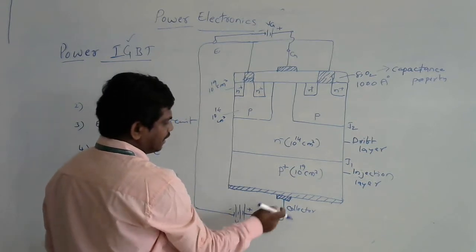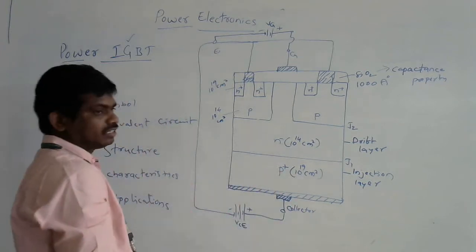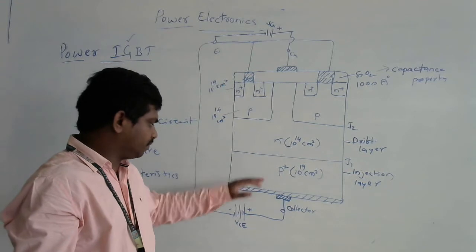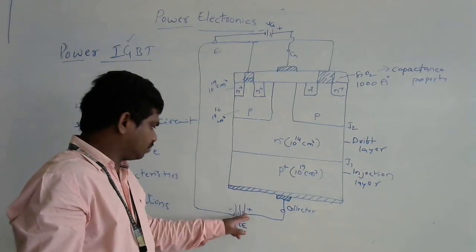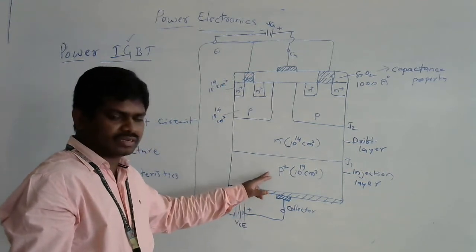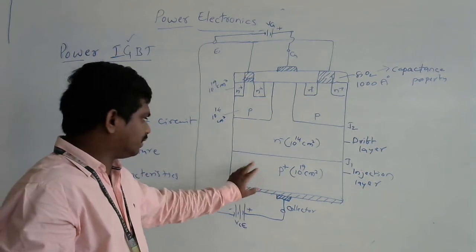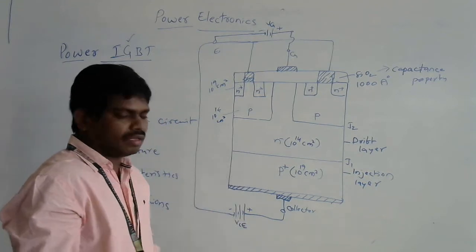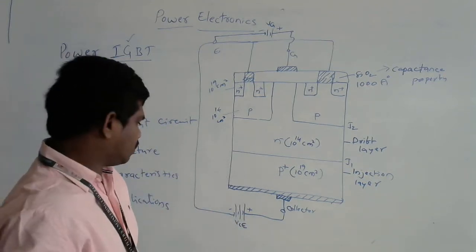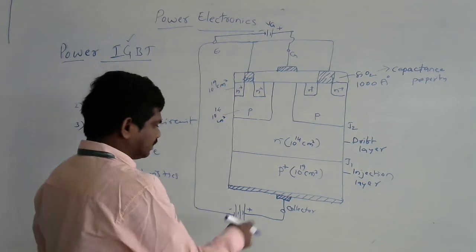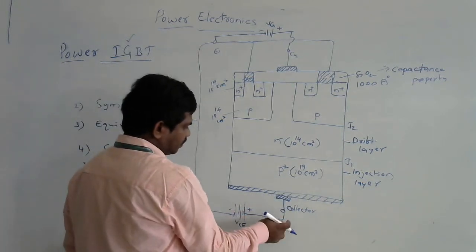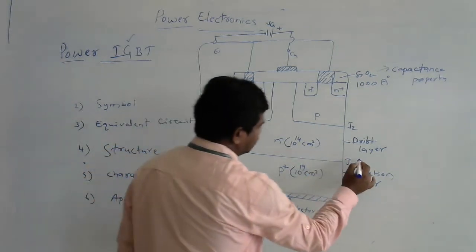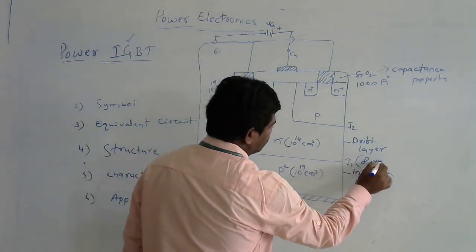If the connections are like this, the positive terminal of the battery is connected to the P layer. The majority carriers in the P layer are holes. The charge over there inside the P layer is positive, and the outside battery is also supplying holes only. Thereby there is repulsion between them. Then current flows, and we can say this junction is forward biased.